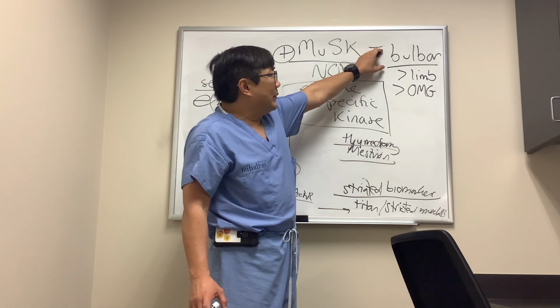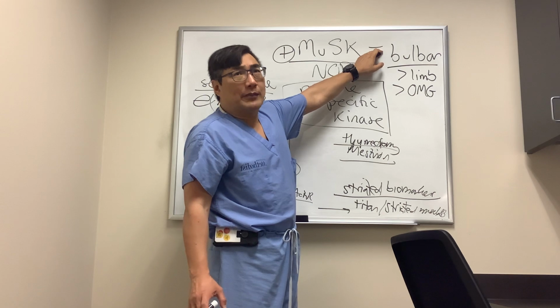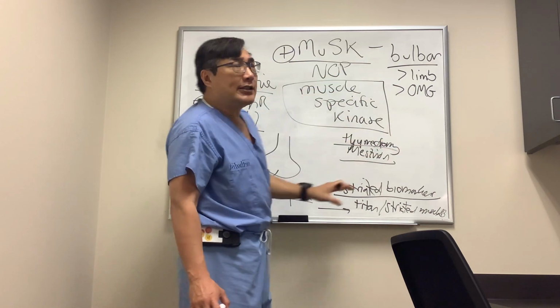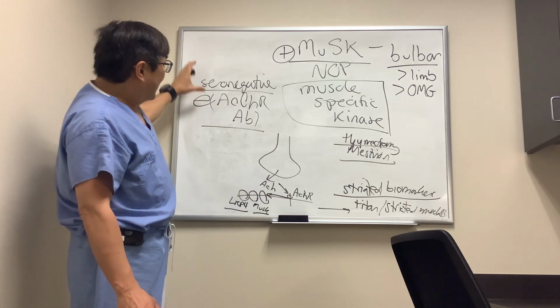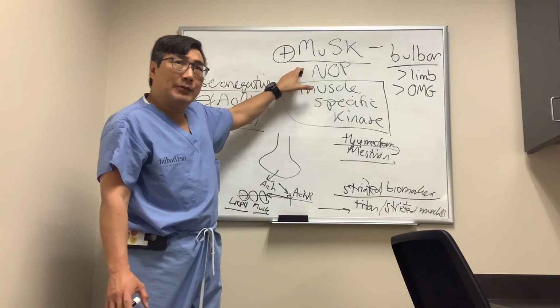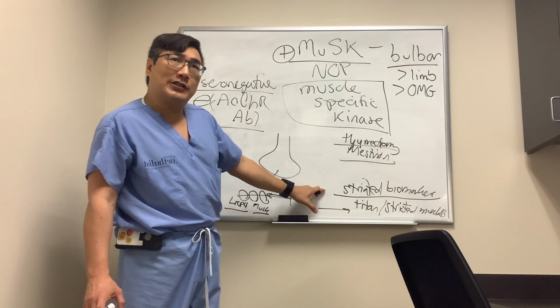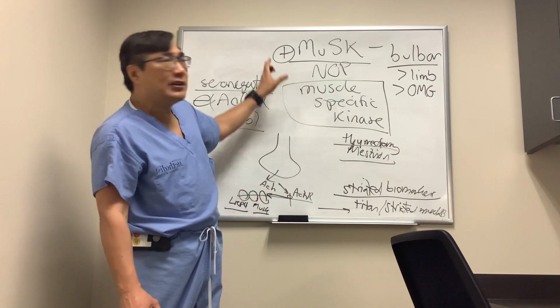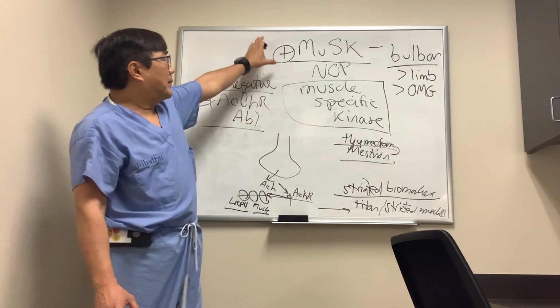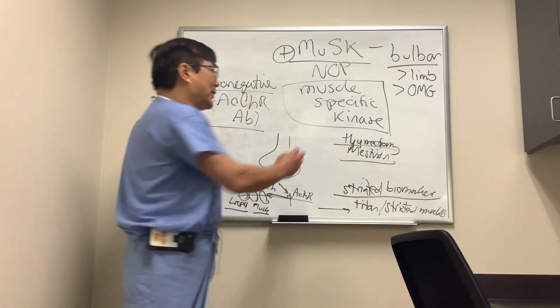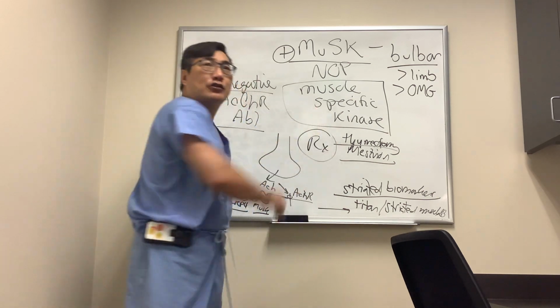And all of these need to be managed with neurology because we're worried about the bulbar findings and they're going to have a higher risk of respiratory crisis. So you need to know about antibodies. Seronegative for acetylcholine receptor, we're going to go to the MuSK, double seronegative, and the triple seronegative LRP4 and the striated muscle antibody. If you have single fiber EMG, you might go to that first. But MuSK to me is important because it looks and acts differently, and its treatment is slightly different in terms of response rate.